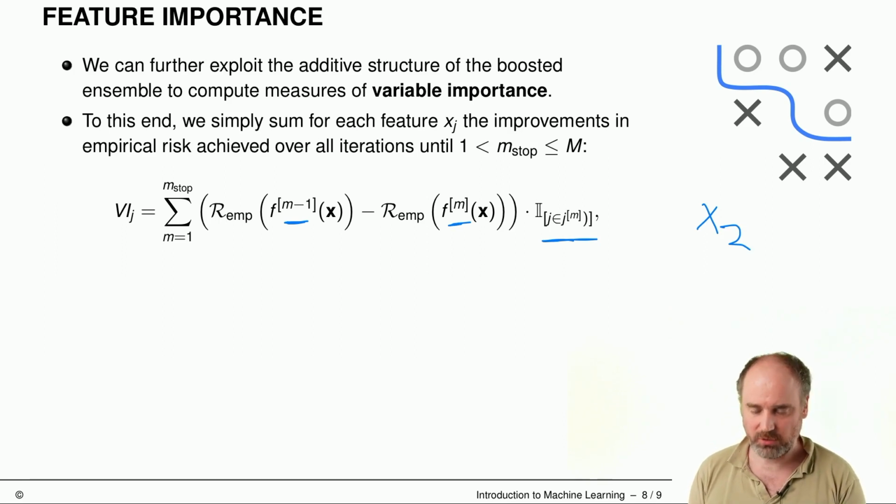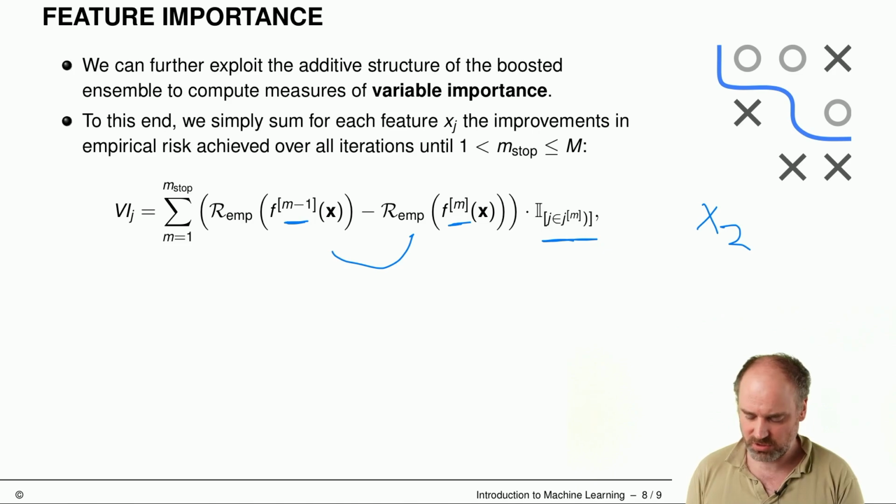We would look at all of the iterations where feature x2 would actually be selected, and then compute these risk reductions simply as the difference between the loss before that iteration and the loss after that iteration, and we sum up all of these reductions to a global reduction for that feature. Then I guess at the end maybe normalize that and take that as a quantitative measure